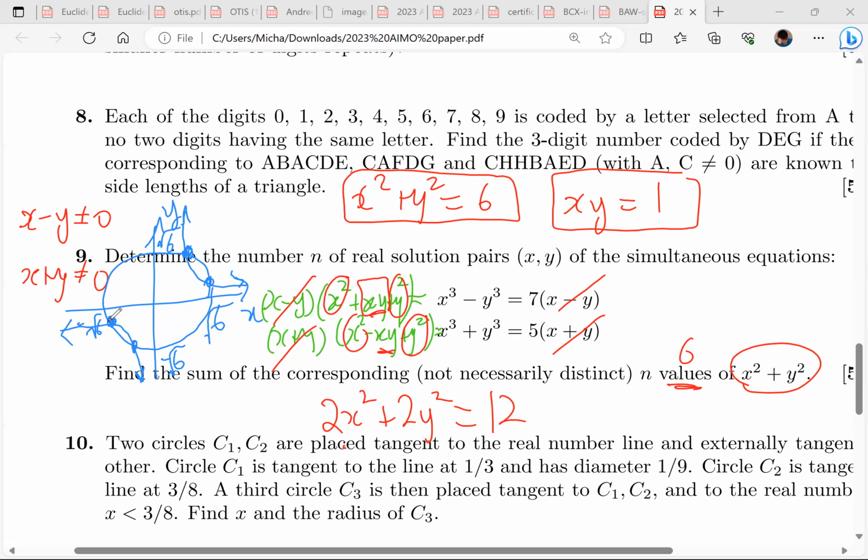There might not even be any complex solutions. Okay. So the point is